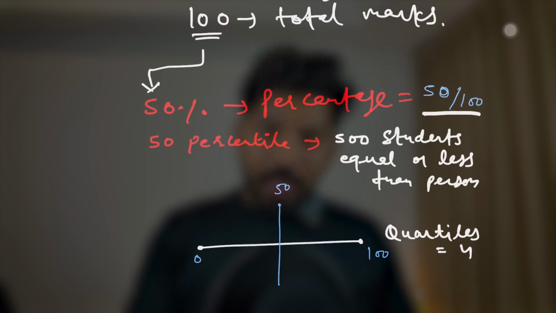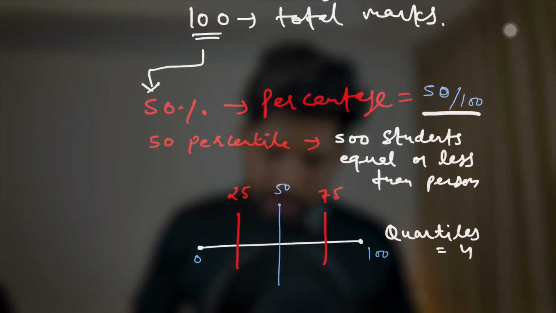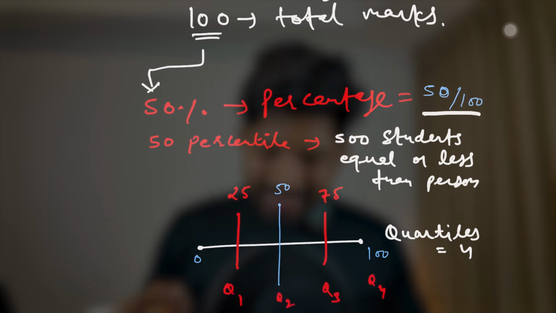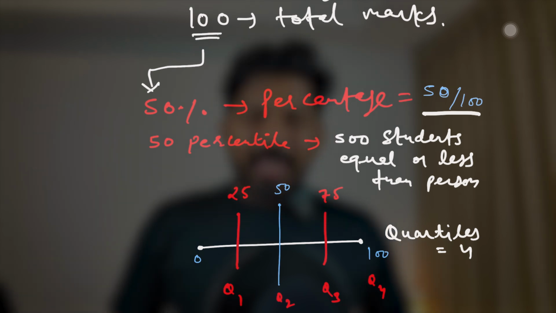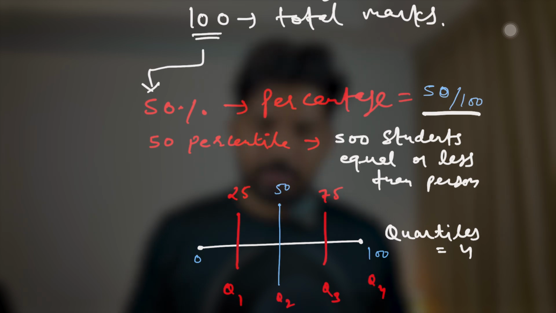Then you have two parts. Again, you will divide these two halves into exactly two halves. Means it will be at 25 and it will be at 75, right? So you can say this is Q1, this is Q2, this is Q3, and this is Q4. Similarly, the rest follows. For percentile, you will first create two halves, then again 4, then followed up to 100. Okay, so that was the basic explanation which you might have a question or confusion about in future. So I wanted to make it very clear.